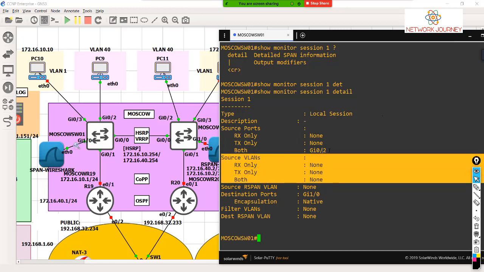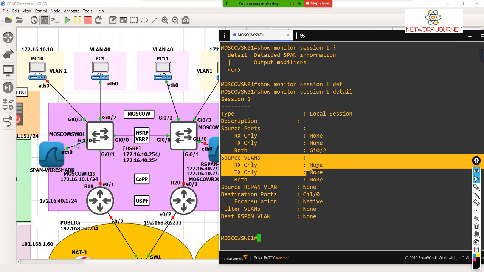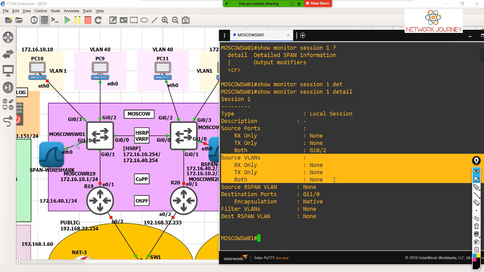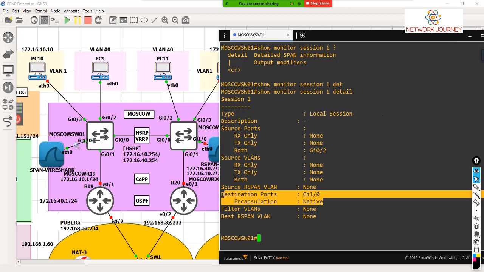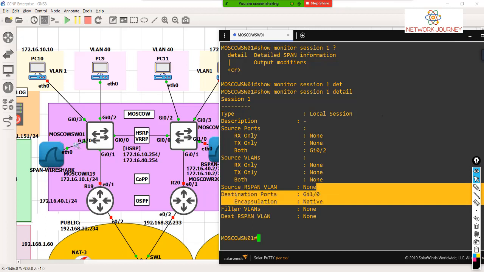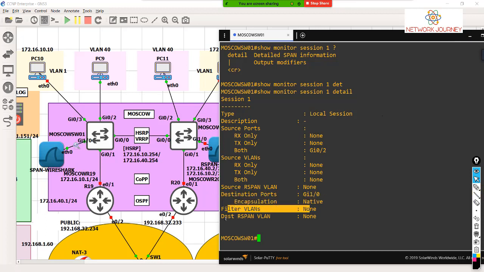But yes, you can turn this off and you can just target VLAN 100. Might be you are interested in VLAN 100, the RX and TX. And once again, you can put a filter there, that VLAN 100 only for RX traffic. So that's possible. So it's not an RX VLAN, none. This is the destination port. Encapsulation is native. Right now, there is no filtering happening and there is no destination RSPAN VLAN. So just to give it a try,